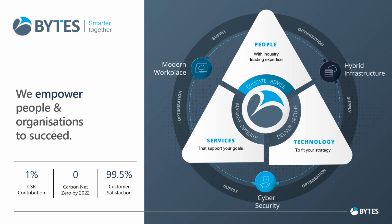So some of the next steps, just a reminder around who Bytes are. There's a number of people, with expertise, offering different services and technology services across modern workplace, hybrid infrastructure and cybersecurity. People like Tita and myself, and a number of other people, to help you figure out how to do more with less, whether that makes sense for you, how it helps, or how it can be improved with your current investments,